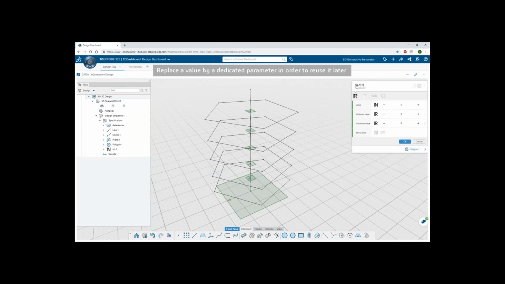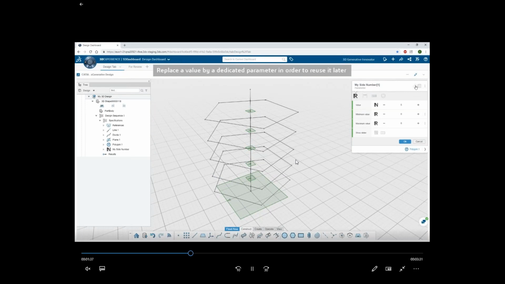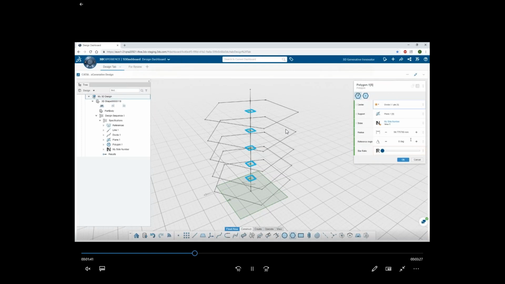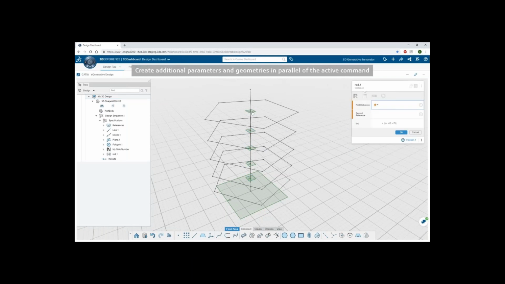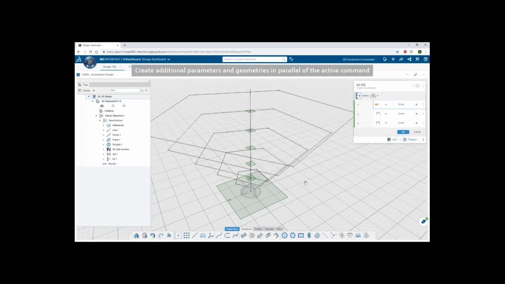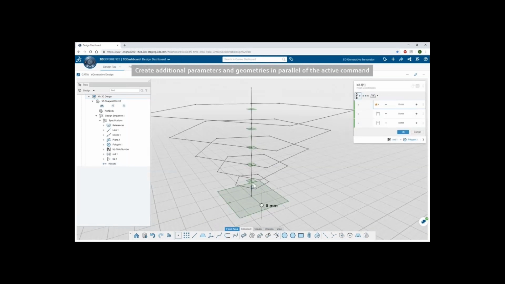It is a small example which I am sharing with you. He has created a parameter, my side numbers, the number of sides of the polygon, and he will create a parameter of radius as well. From top to bottom, my radius should be varied. So this is how it got modified.